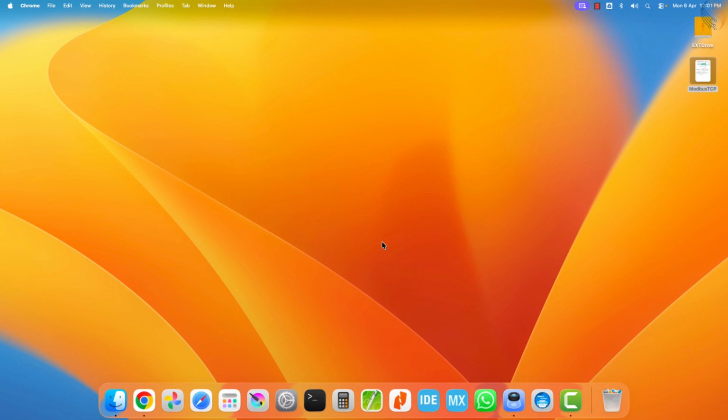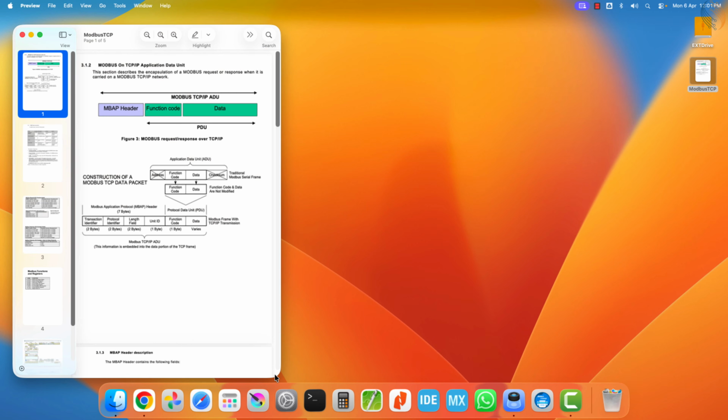We will examine the structure of the Modbus TCP frame that is transmitted over the TCP protocol, and we will understand how this frame is constructed using practical, real-world examples. Starting from the next video in this series, we will begin our hands-on implementation work. First, we will configure the STM32 microcontroller as a Modbus slave, which operates as a server in the network. Following that, we will configure the STM32 as a Modbus master, which functions as a TCP client that communicates with